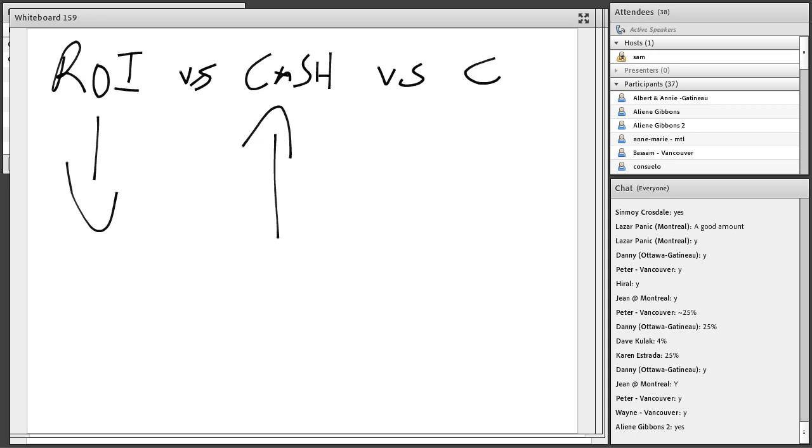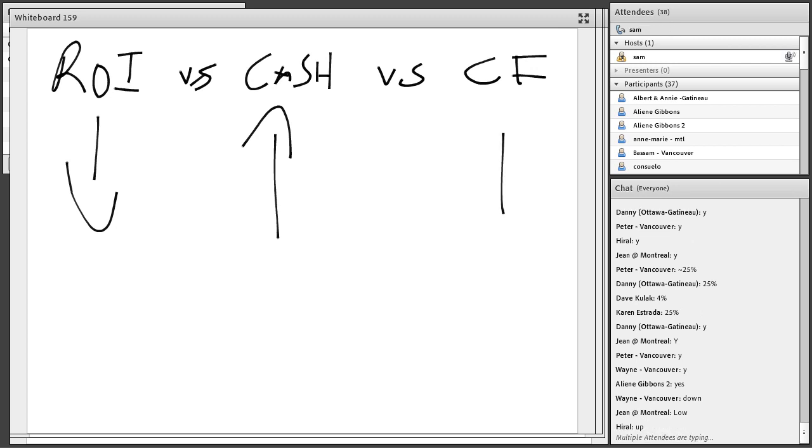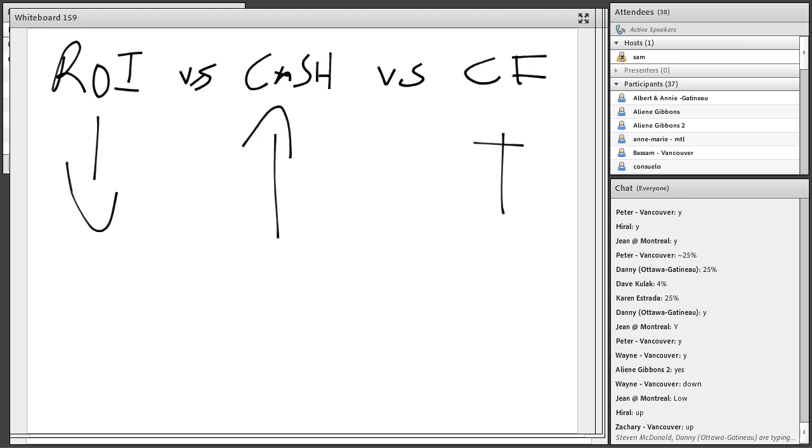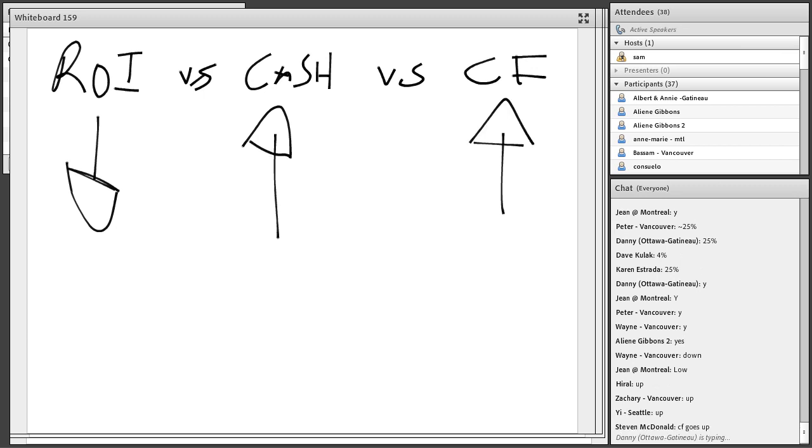More cash, less ROI. But what about cash in the property versus cash flow? If the amount of money I put in is high, what does it do to my cash flow? Does it go up or down? No, it actually goes up. The more cash that I put in, the higher the cash flow. Now this is where people get confused. They're like, wait a minute. If that's true,